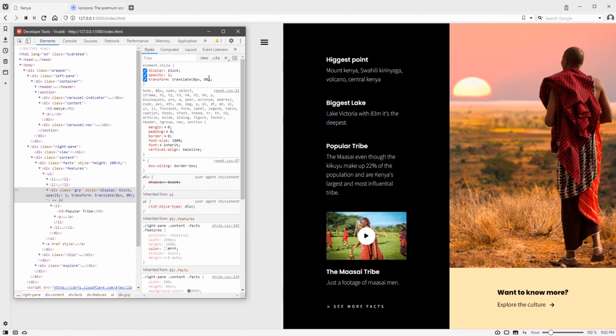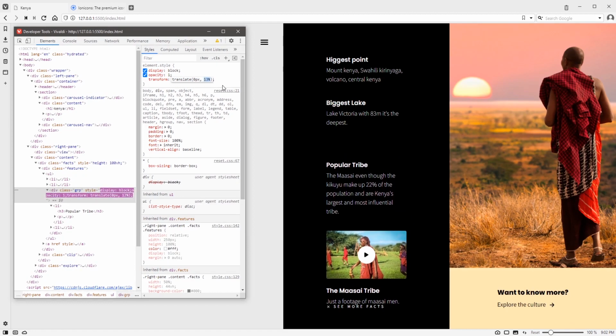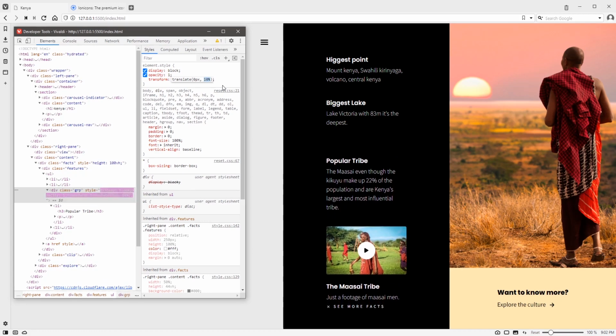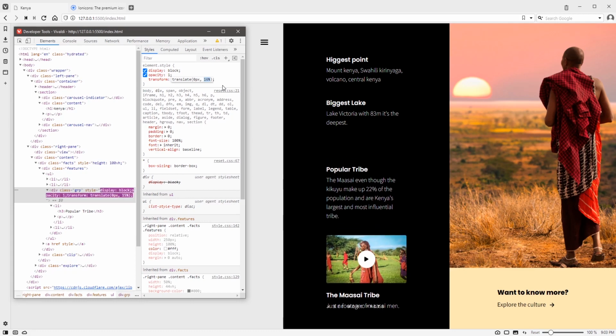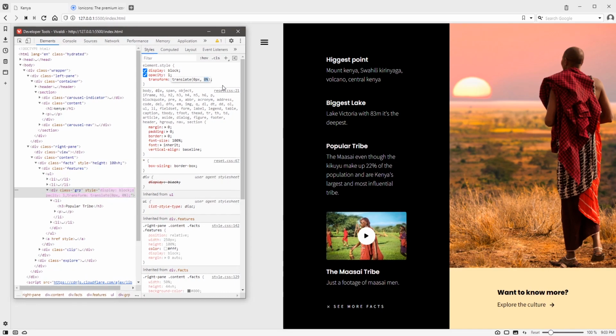I beg, just bear with me. See the 0 here now. So if I reduce it back to 10, see, I'm saying they come from the bottom. You see them? So with 10 they actually push them down. So it animates from that 10 back to 0, which is the original position.